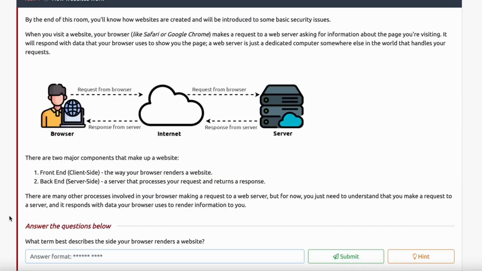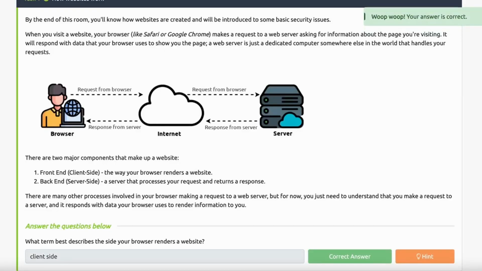Now there are two sides that we need to remember in this conversation, the client side and the server side. Consider yourself the client side. You are the client and the server is what's handling you. The server is basically what has the website. They are providing the website and its contents to you. So how does it actually give this website to you?